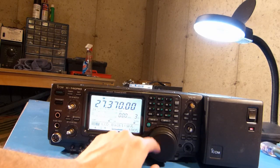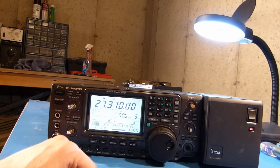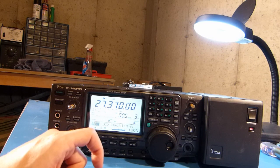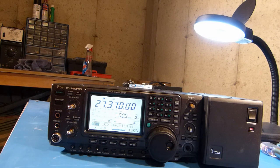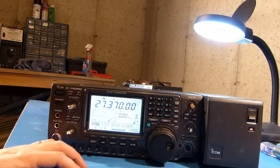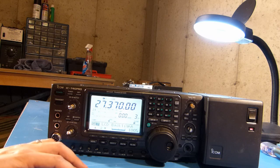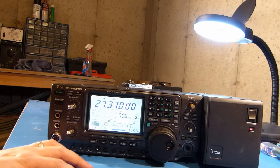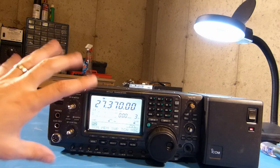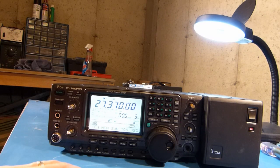I like to run it at 100% anyway, but I think for putting less stress on that transistor that I just replaced, I think it's best to leave it at 100% anyway, based on what I've read. So, not that it should be a problem with the heatsink on it anymore anyway, but anyway, it looks like everything is good to go. So I'm just going to clean up the knobs, put those back on, and put the radio on the air here, and